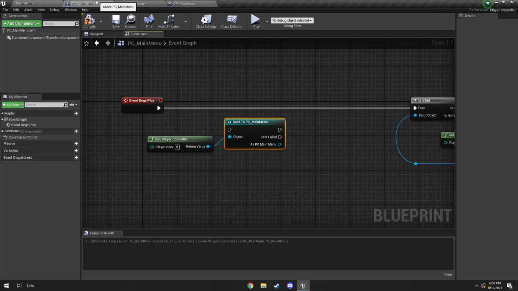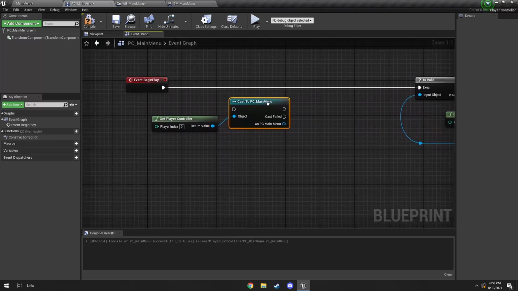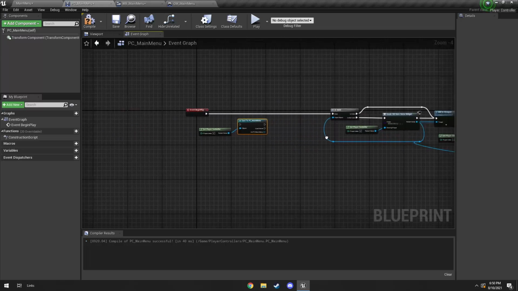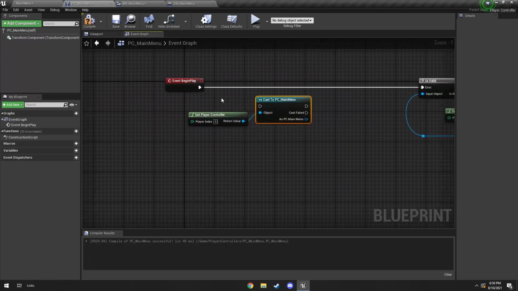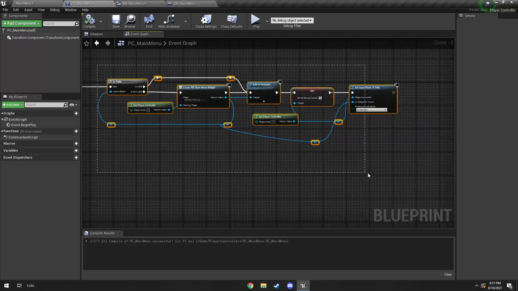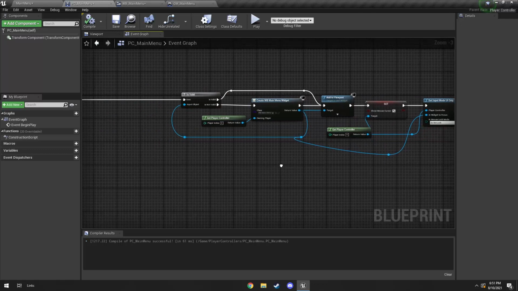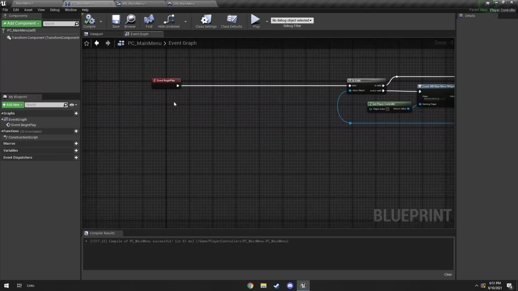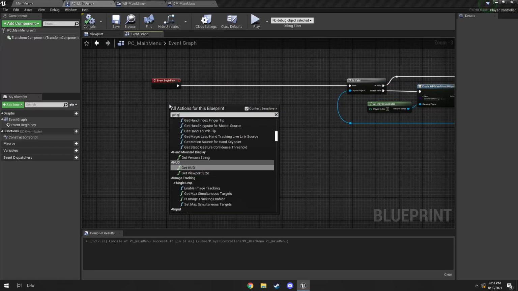Which is going to be in our player controller main menu. We are going to drag our where we created the main menu, we're going to drag it out. Right here we get the game instance,